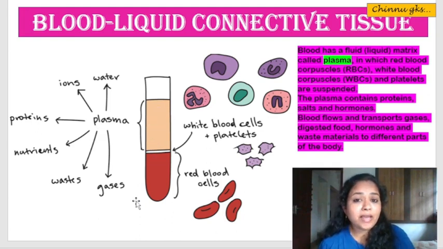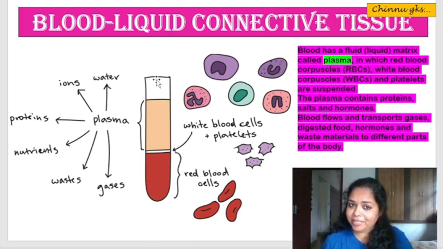At the bottom, what will you have? As I said earlier, you will have a jelly-like or jam-like structure where all the different kinds of cells are present. Your RBC, WBC, platelets, everything plays a role over here. Since they are heavy, they get settled down inside the vial. So in a test tube or in a vial, on the top you have a pale yellow, straw colored liquid, which is called the plasma. At the bottom you have the solid, jelly-like structure, in which the RBC, WBC and the platelets are there.